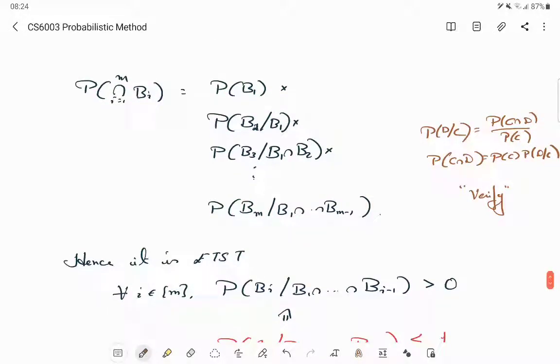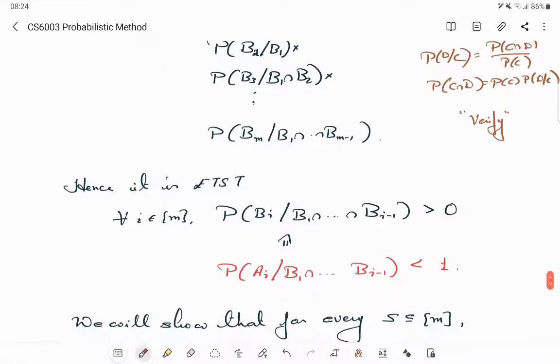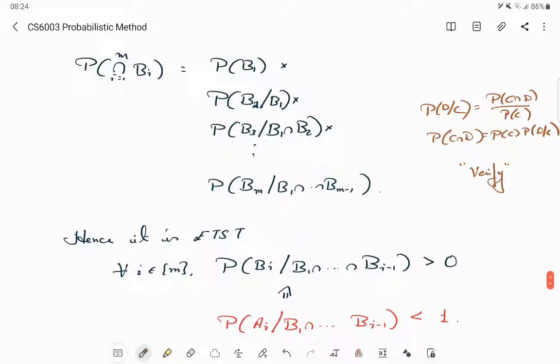And hence, what is our aim? Our aim is to show that this guy here is strictly positive, which we can conclude if each of the terms in this product is strictly positive. There are only finitely many terms, so a product of strictly positive quantities will be strictly positive. So it is enough to show that for each i from 1 to m, these terms,